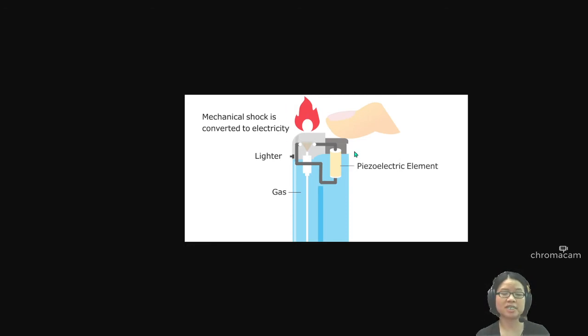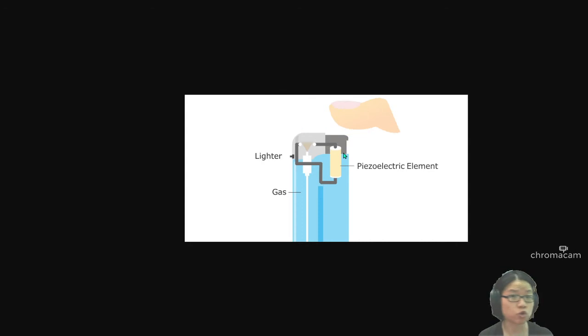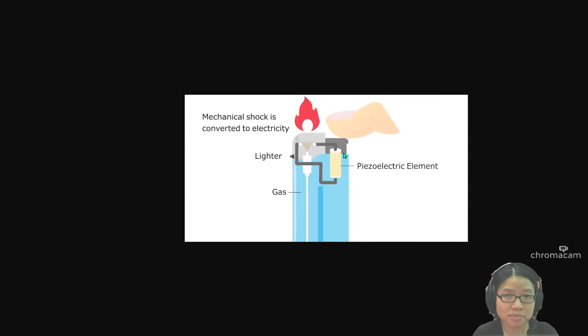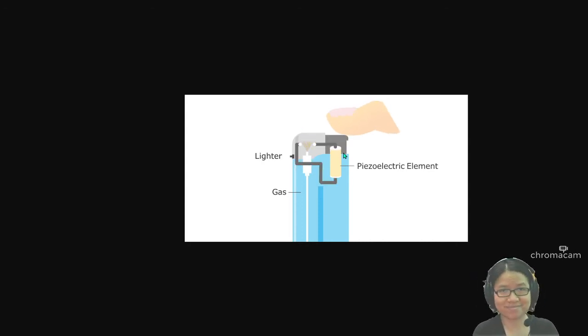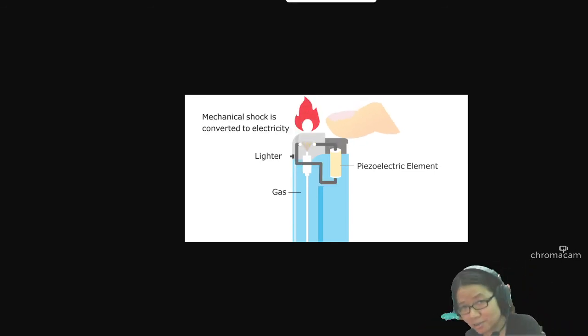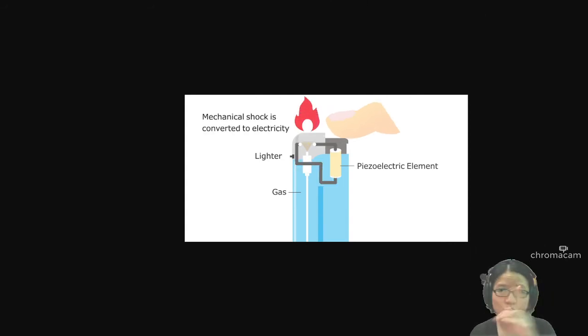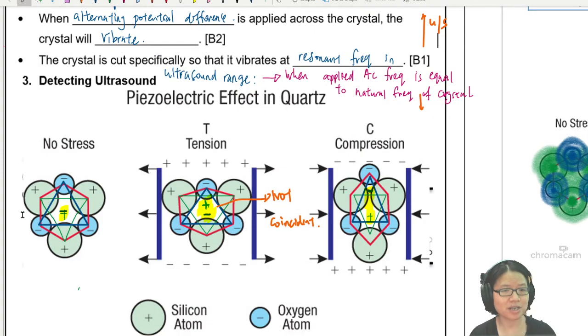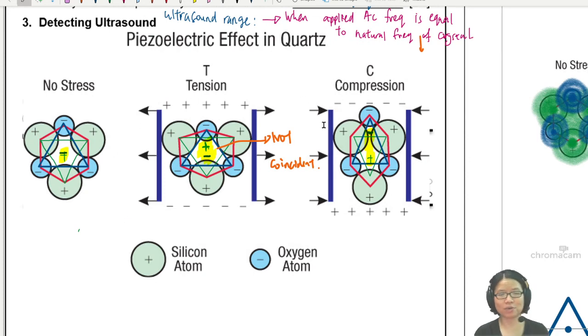So the whole idea is if I apply alternating current, the crystal will change shape. If you make the crystal change shape, you create current. Okay? Apply electric field, changes the shape of the crystal. Change shape of the crystal, you get electric field. It's a two-way process. Okay? So this drawing perfectly shows it. Okay, so if I stretch,